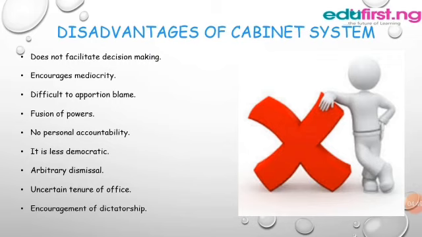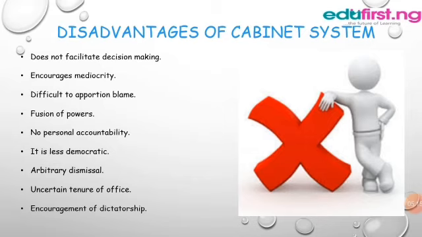The principle of collective responsibility that applies in the cabinet system slows down the process of decision making because if anything goes wrong, the entire cabinet members will be held responsible. It encourages mediocrity. Since the Prime Minister in the appointment of ministers is limited only to members of his party, even if there are more qualified persons outside the party, the system therefore gives mediocres a field day in the name